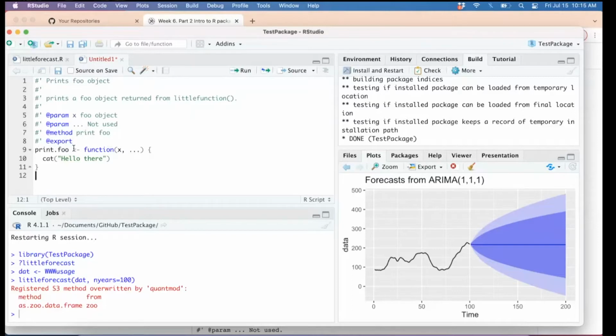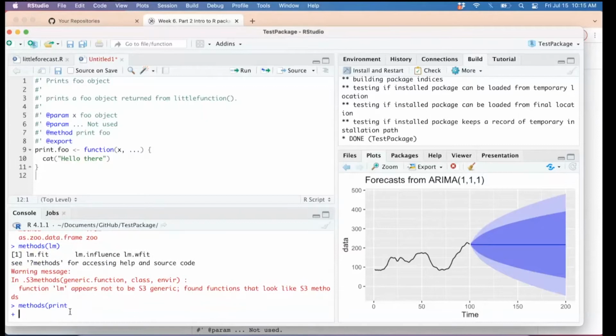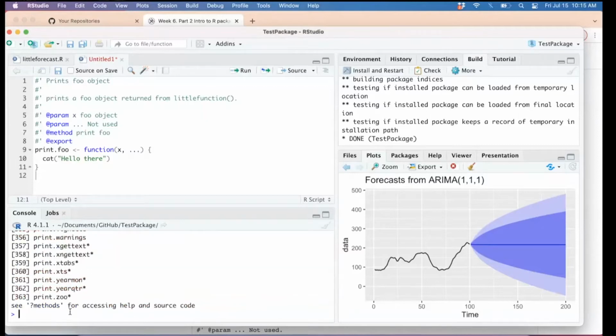And there's some ways, what is it? Can I remember off the top of my head? Is it methods LM? No, it's not. Methods print, is that it? It's probably closer. Yeah, okay. So that method shows me all the print methods that are out there, and you can see